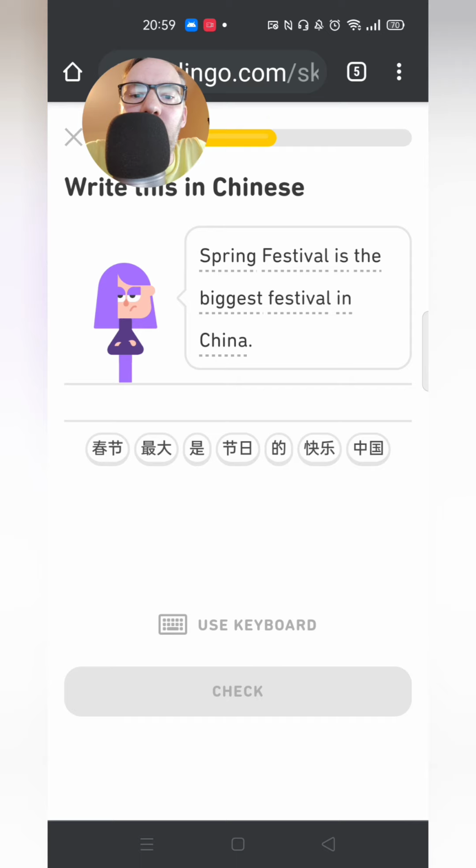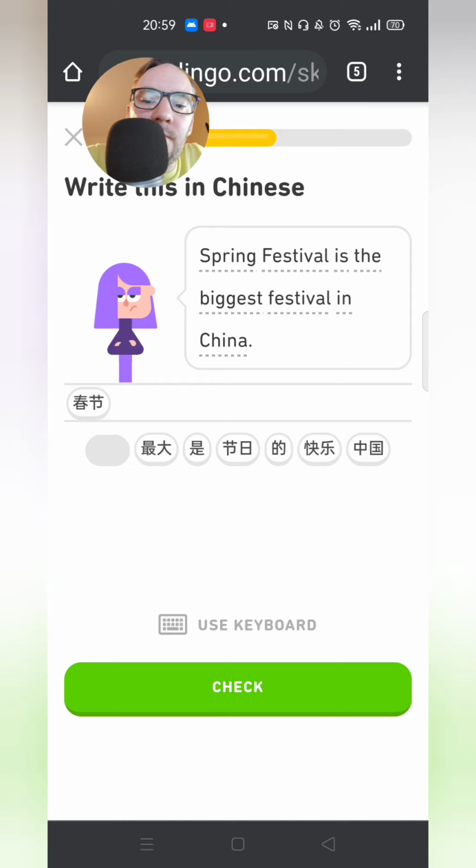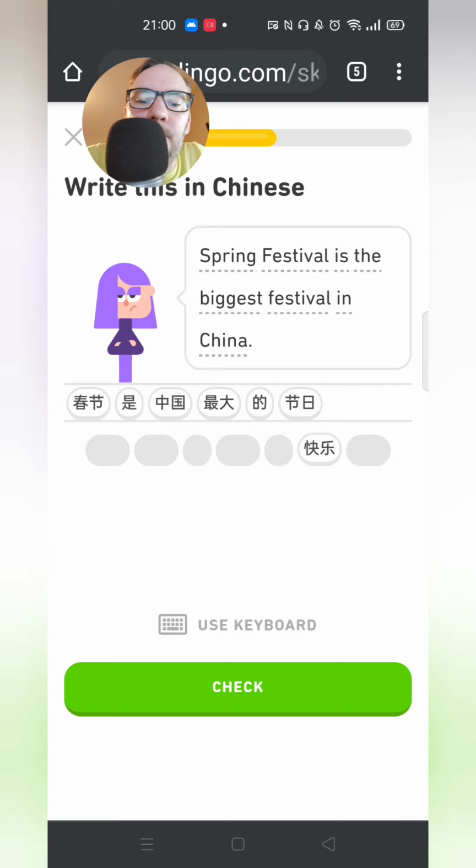Spring Festival is the biggest festival in China. Okay, so just look at the words they've given me to work out how they want me to express it. It's going to be a genitive, so it's going to be of China, I think. That's the subject, 春节, Spring Festival. I would say 是中国的最大. Oh no, we don't do it twice. 最大的节日.